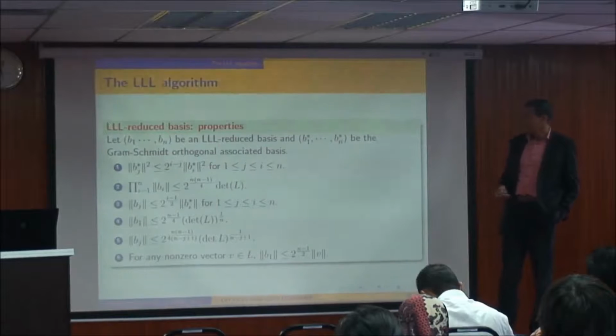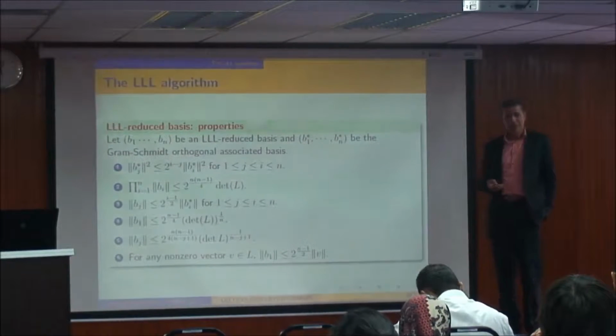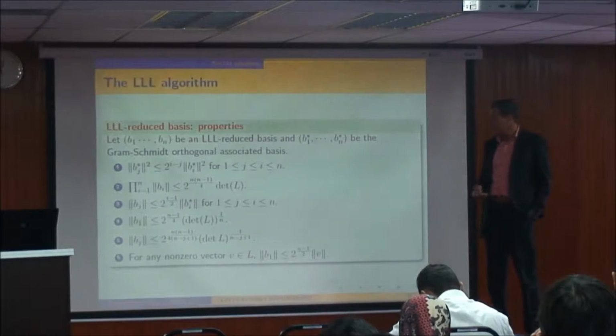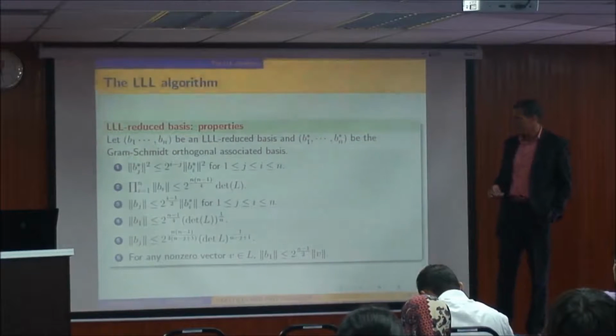So LLL can give you a reduced basis with very important properties, for example, orthogonality and shortness of the vectors,